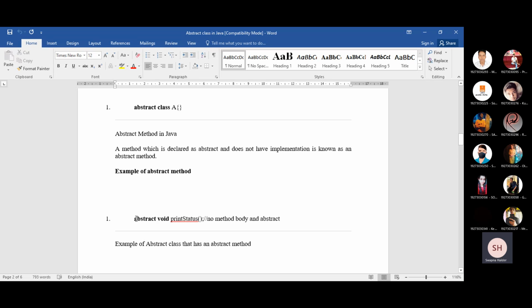Here is an example of it. That is pinStatus. It will be an abstract method. Look at this: after the method there is a parenthesis, that is the signature of this method, and then there is a semicolon, so there is no starting curly bracket where you could write the instructions of that method or whatever statement you want to implement. There will be no such case. Then we can say that pinStatus is an abstract method.